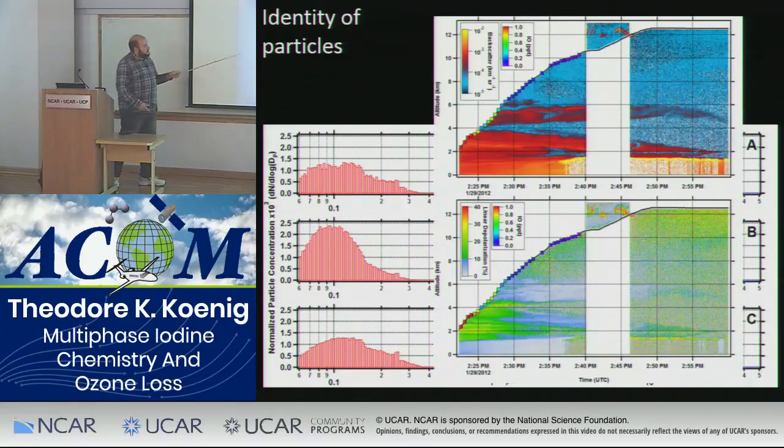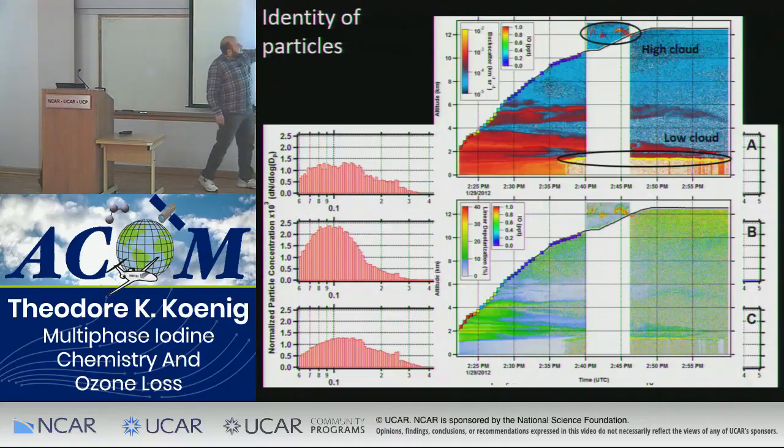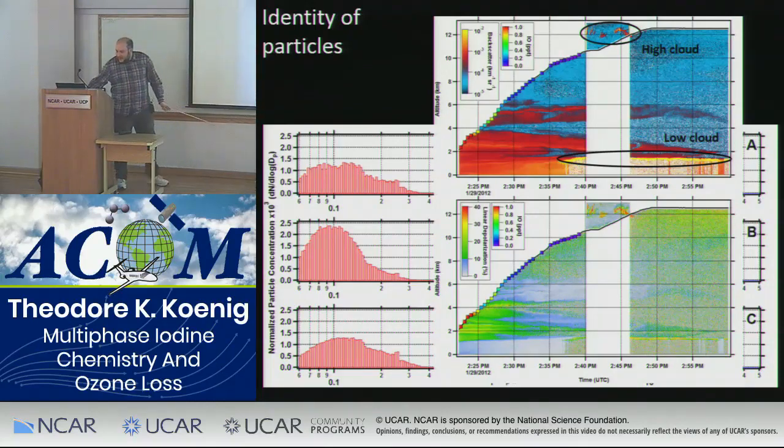And then we have HSRL data. Up here in the HSRL data, I can show that we see cirrus clouds. And down here, we've got this stratocumulus layer. And you can start to see this layer here and these layers here. And I've color-coded along the flight track the IO mixing ratio. And you can see that when we go into this layer, we see IO, and when we go in this layer, we see IO. It's cut off back here because we can't turn on the HSRL right at takeoff. So you can see that these layers then persist, and those are layers A and B mixed in together there, and that's layer C down there.